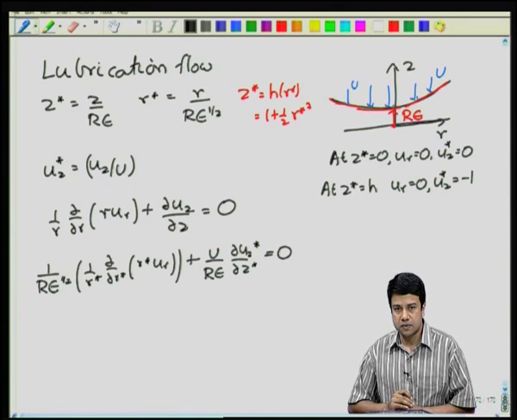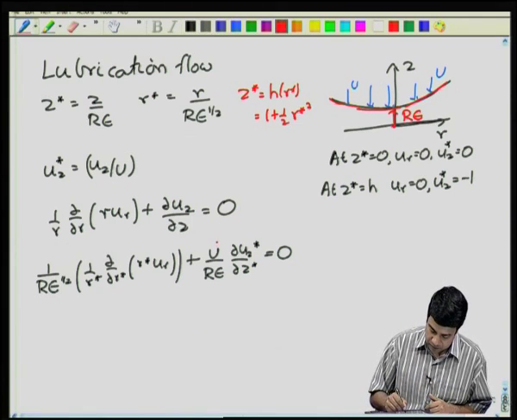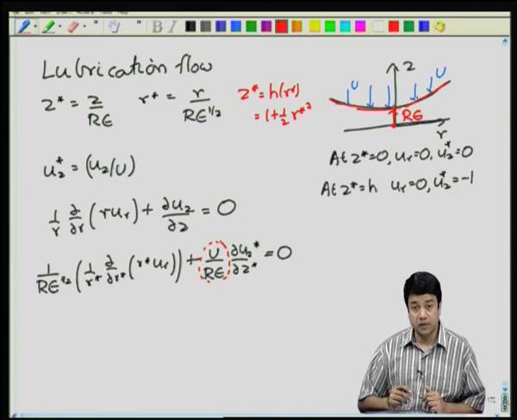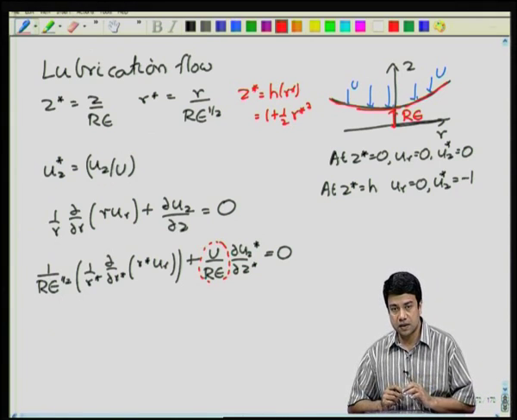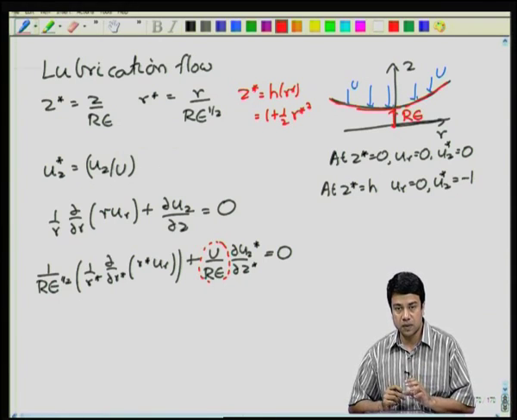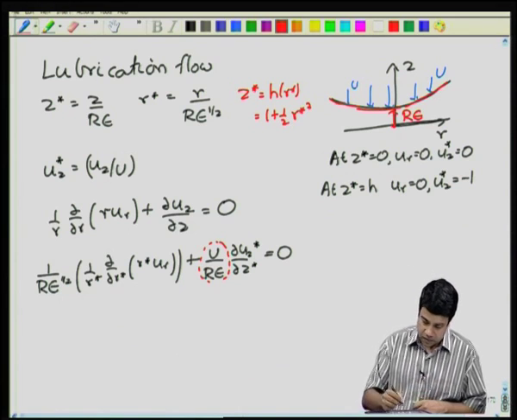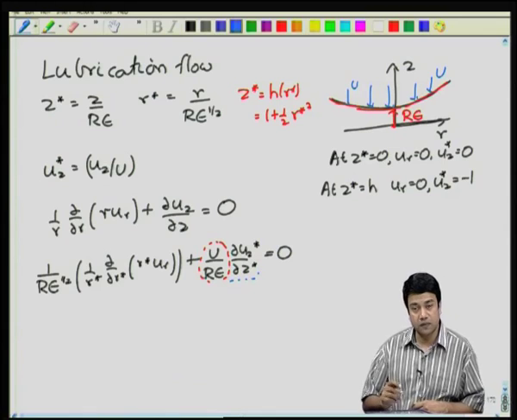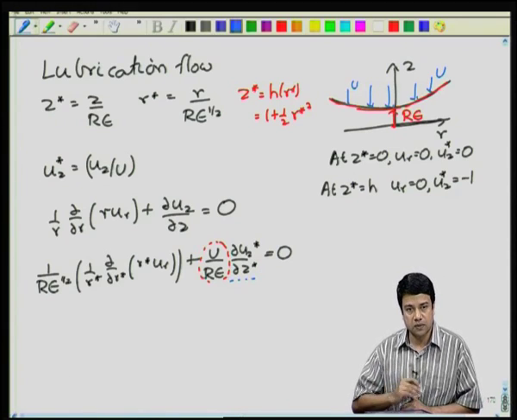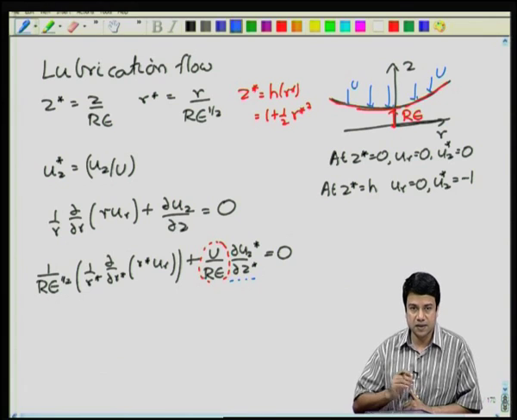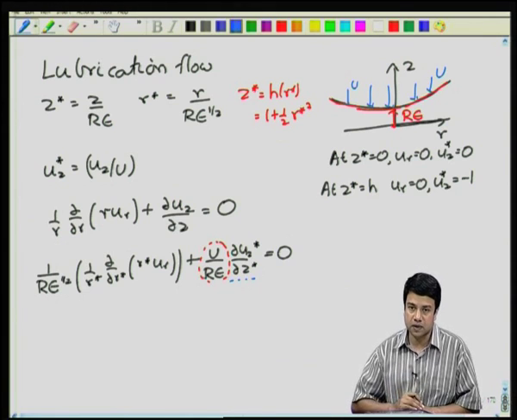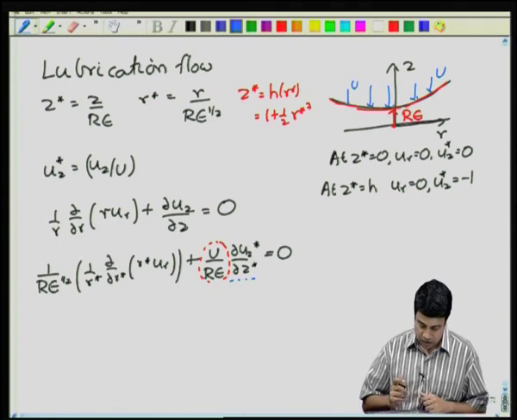Okay. So, what I do is I divide throughout by this coefficient here, because I would expect that since u z and z are scaled, this ratio partial u z star by partial z star is going to be order 1 in the limit as epsilon goes to 0. So, this term I would expect to be order 1 because it is the ratio of two scaled quantities. Therefore, if I divide throughout by the denominator, what I will get is a scaling for u r, because both terms have to be of order 1, they have to be comparable in the mass conservation equation. Okay. So, if I scale throughout by U by R epsilon, I will get